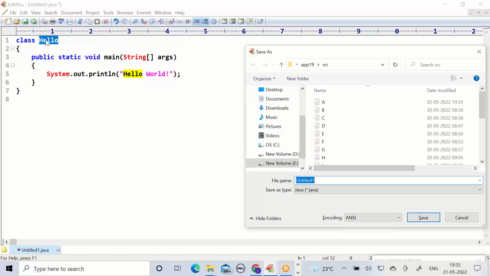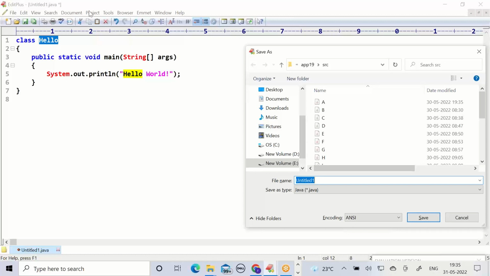Here two things are important. First one location, second one name of the file. We are trying to save the file through Control S. Control S is for saving purpose. While saving a file, two things are required. One is location, second one is name.